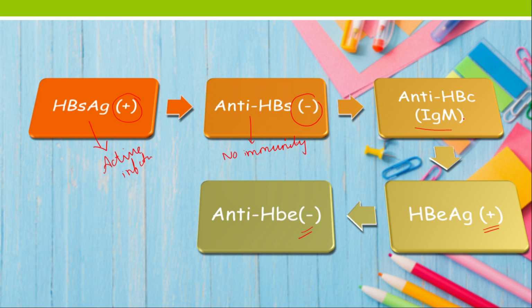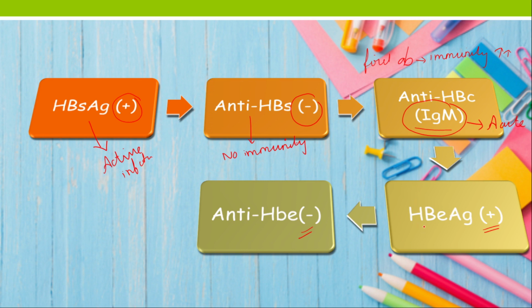Then anti-HBc and here IgM is there. So this anti-HBc positive is indicating two things. Already we know this is the first antibody to appear. Okay, so it is indicating that the immunity started developing. Immunity is started gaining its confidence. We can think like that. Then this IgM is directly indicating that there is some acute infection.